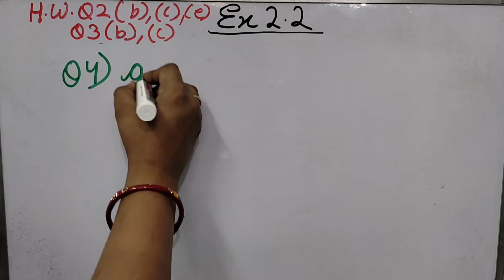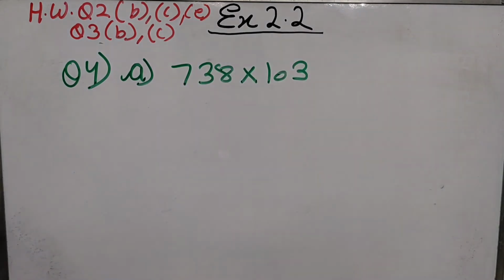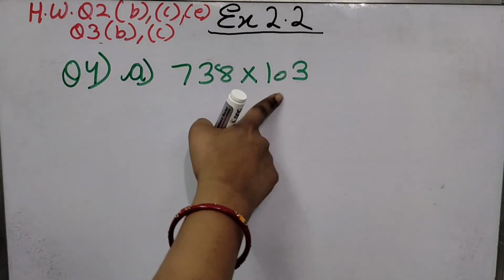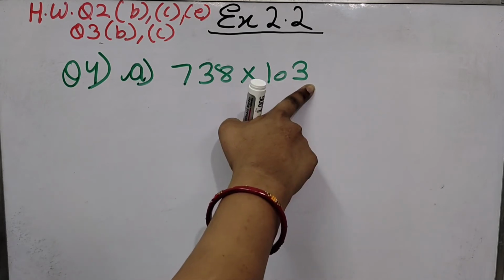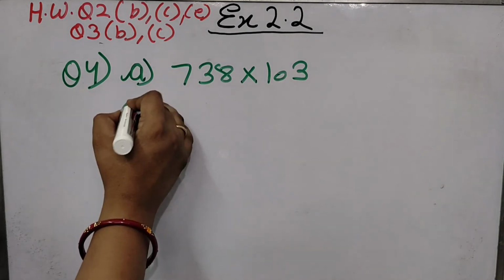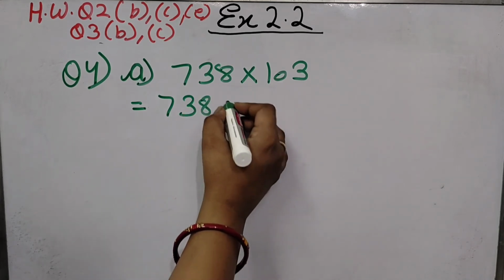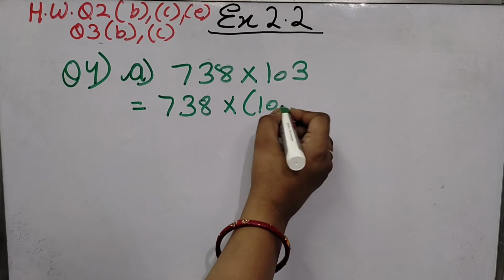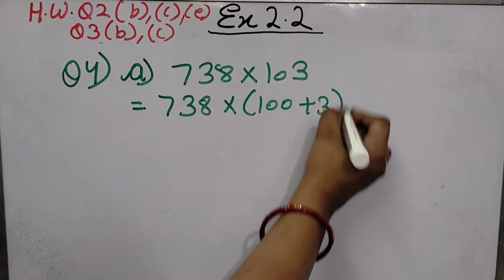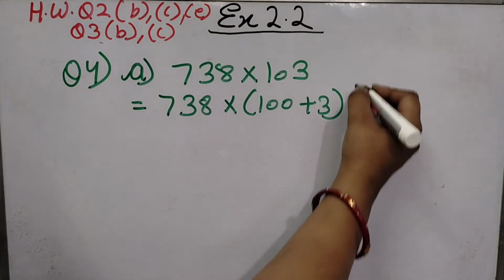So our first part is 738 multiplied with 103. We can see if we divide this 103 into 100 plus 3, this can be calculated easily. So we are applying our property of distributivity of multiplication over addition. So this is how you can divide 103 into 100 plus 3, and the property used is, you will write here,